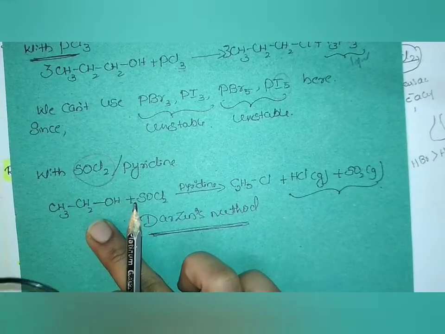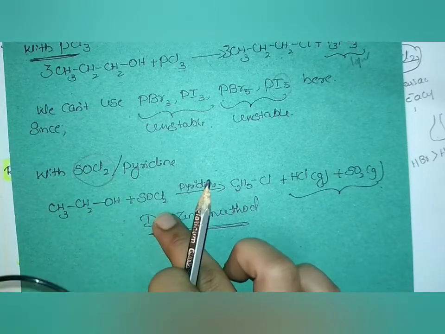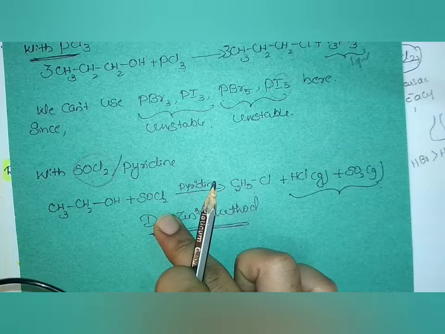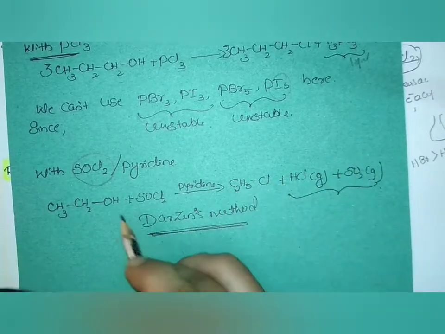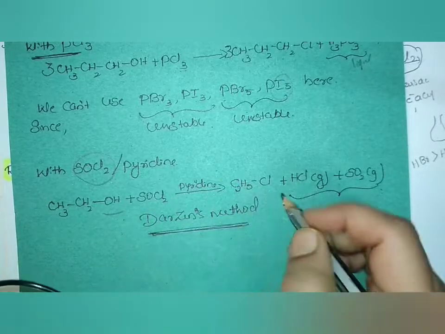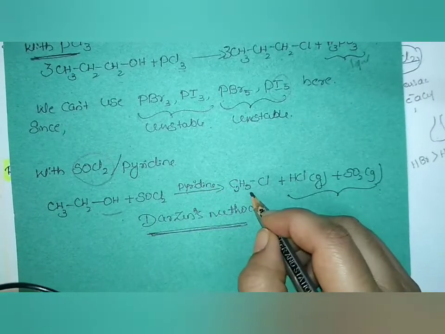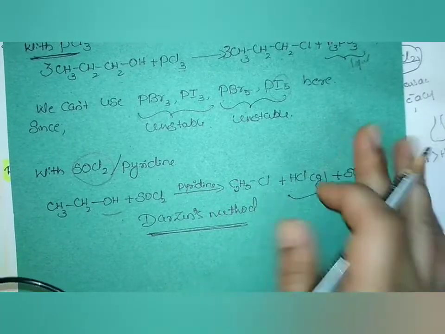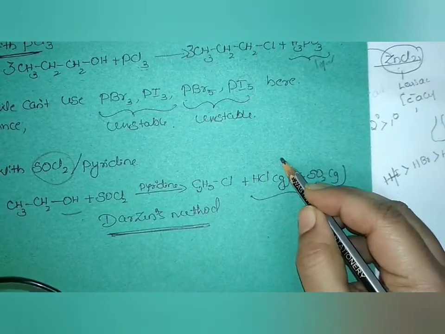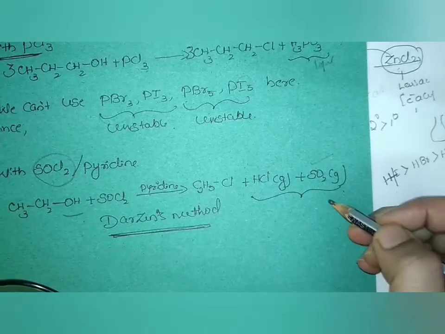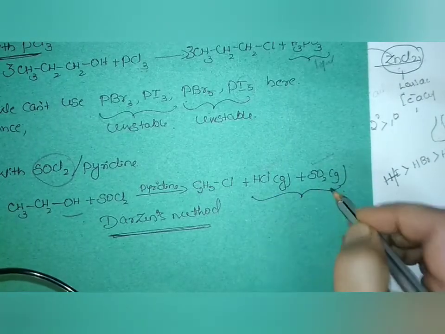Similarly, I have ethyl alcohol. When it is treated with thionyl chloride, it results in the formation of ethyl chloride. Means the alcohol group is removed, and in that place chloride is substituted. This is called ethyl chloride. Along with that, I get two byproducts, HCl and sulfur dioxide, both of which are gaseous